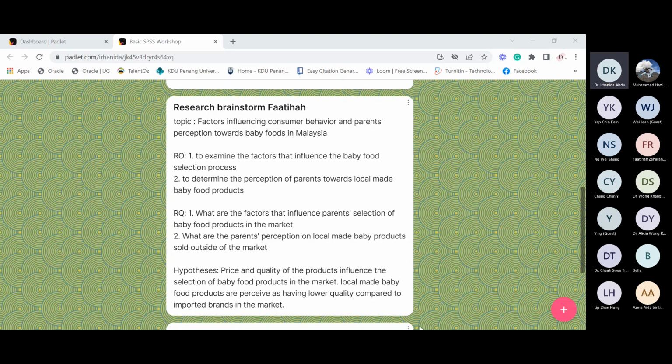Dr. Alicia, what do you think? What is the independent variable here? Based on Miss Fatiha's research topic, what is our IV and DV here?